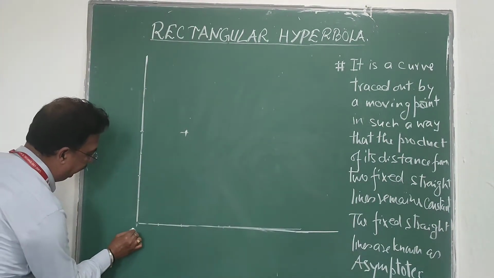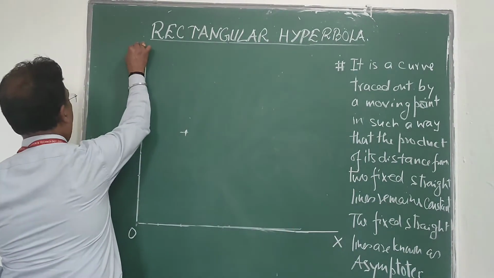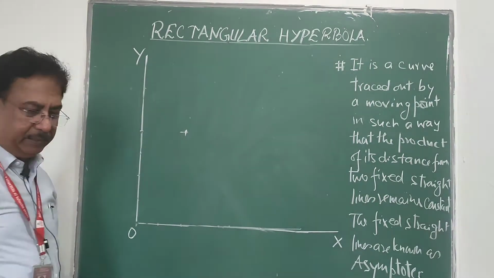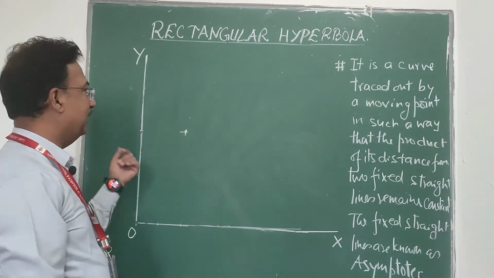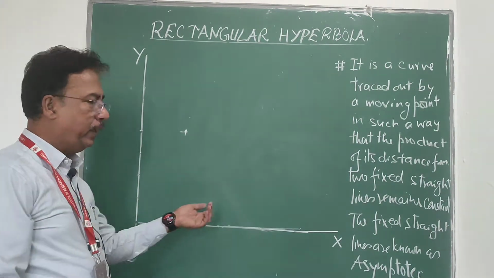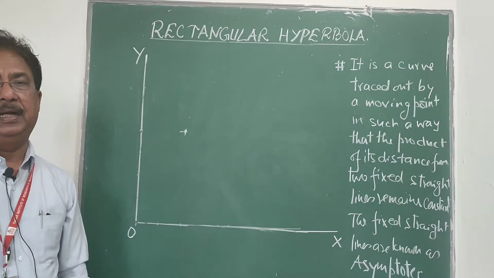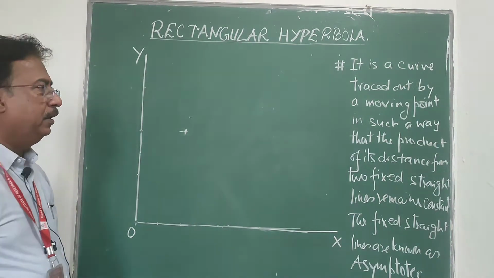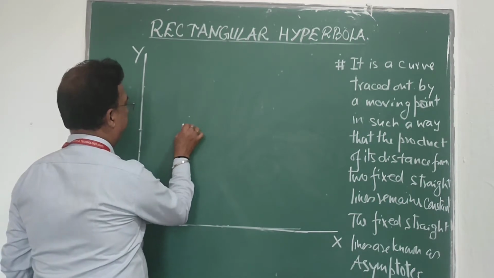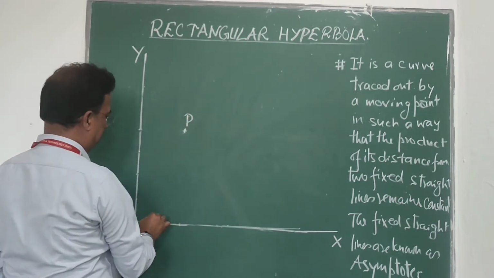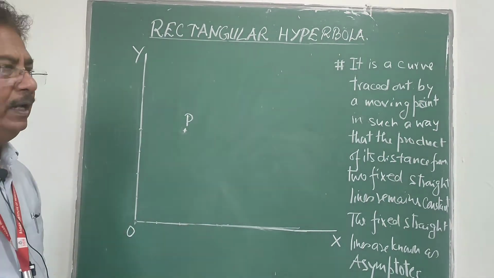Initially, we will draw these two axes which you know from school days. In graph paper, normally we plot the x axis and y axis. So the x axis OX will be the horizontal line and OY will be the vertical line, and these two are the asymptotes. Now, they have given that the point P will be 40 millimeter from the x axis and 20 millimeter from the y axis.